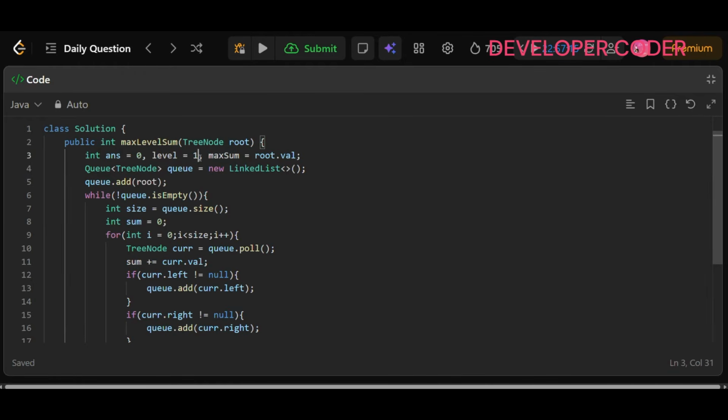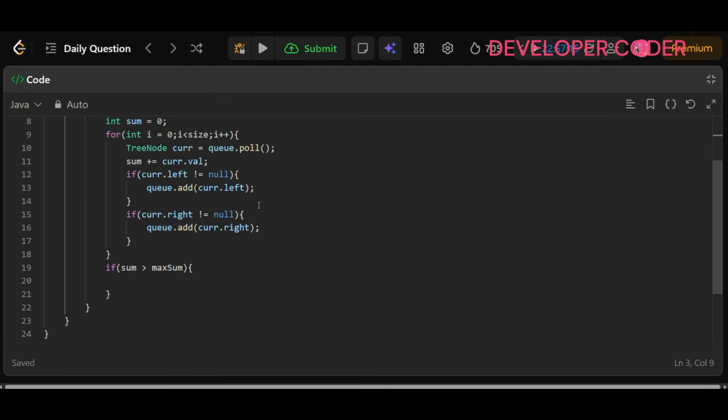In the level, just give it 1 in the starting, and in the answer, just give it 1 initially. This is a very base case. So if I'm taking the max sum of root dot val initially, that is for level 1, and answer is equal to 1 initially. So here, if later on in any stage, I get sum greater than max sum,